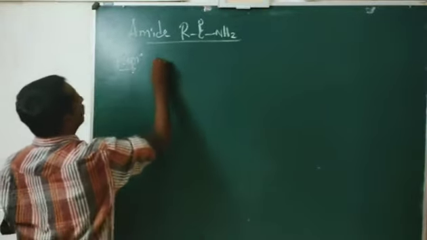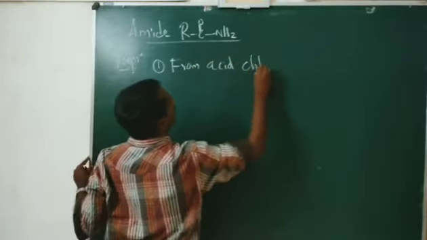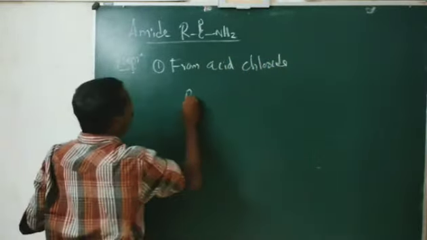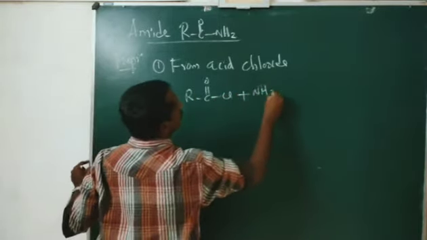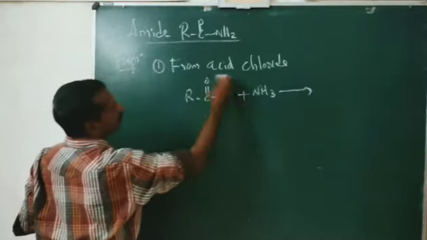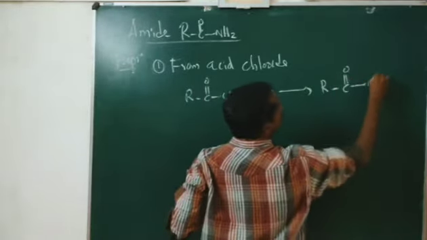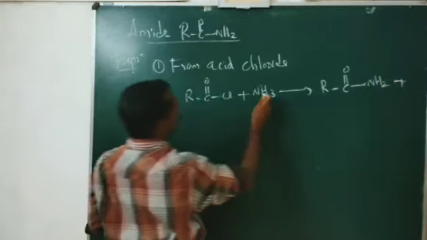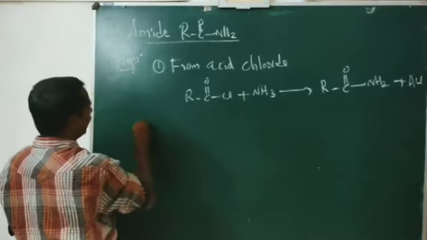From the first method, from acid chloride, RCOCl treated with ammonia NH3, we get RCONH2 plus HCl. Second method, from anhydride,